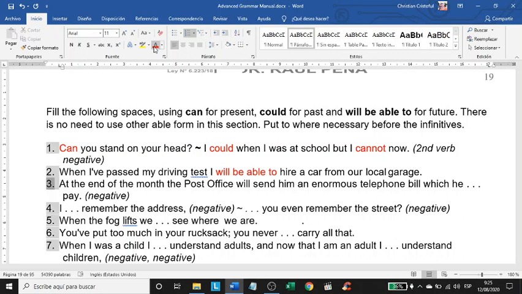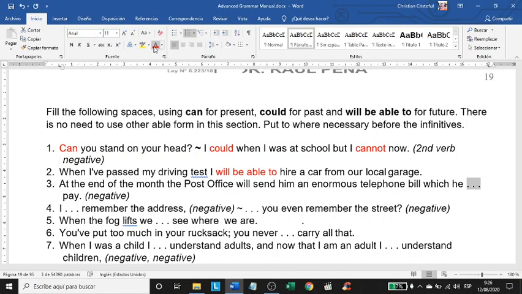At the end of the month. Okay, at the end of the month. Is this present, past, or future? At the end of the month. Has the month ended already? No. So it's future then. At the end of the month, the post office will send him an enormous telephone bill which he,